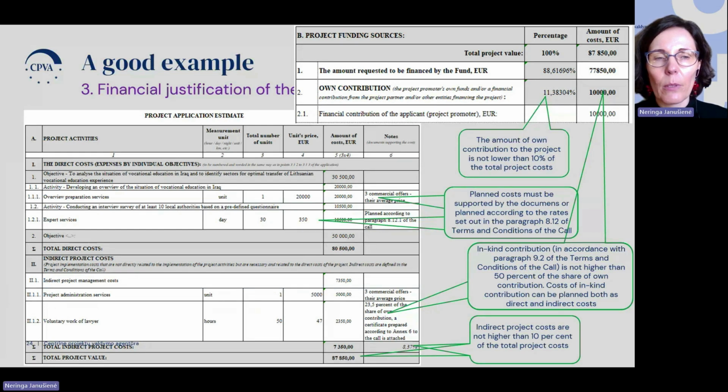And here is an example of a filled out project application estimate. The project application estimate has formulas to ease your work and to check whether the information provided in it is correct and in line with the call requirements. And as you can see, the amount of own contribution to the project is not lower than 10% of the